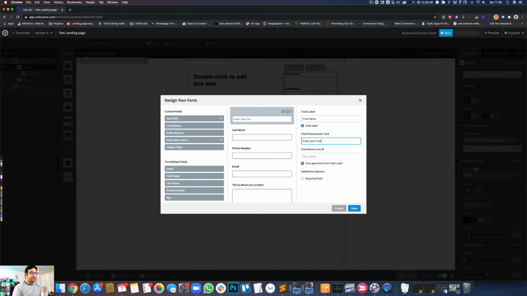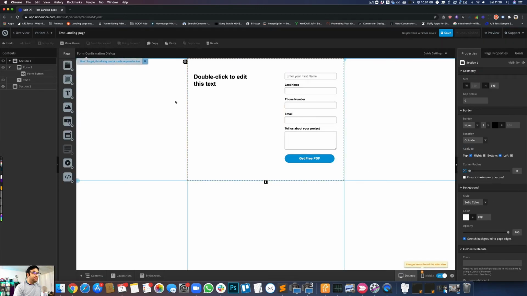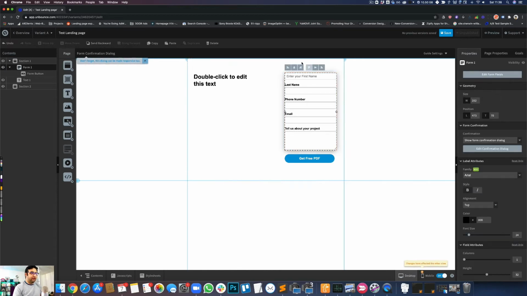And the difference is there's no label here and there's default text, which makes the form relatively leaner. And if I do that for other elements,